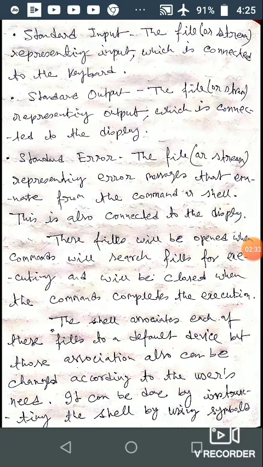So standard output and standard error are both connected with the display device, and the standard error is responsible for displaying the error messages that come from the shell. Those messages will be displayed on the output device.